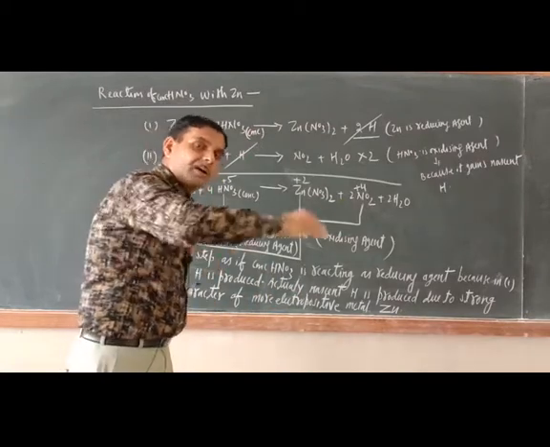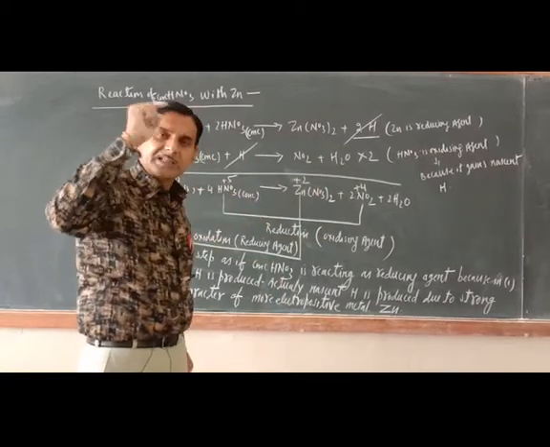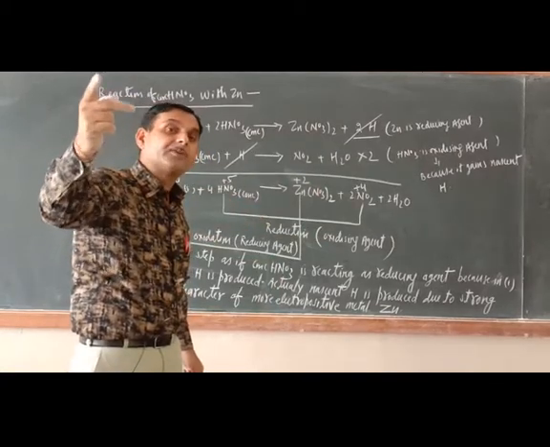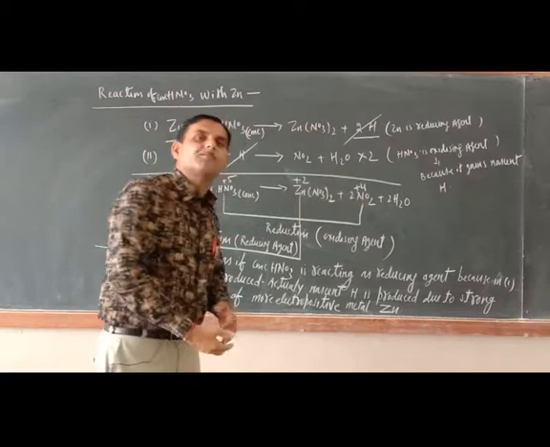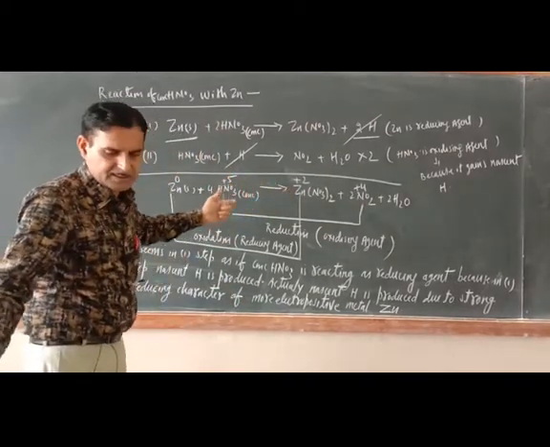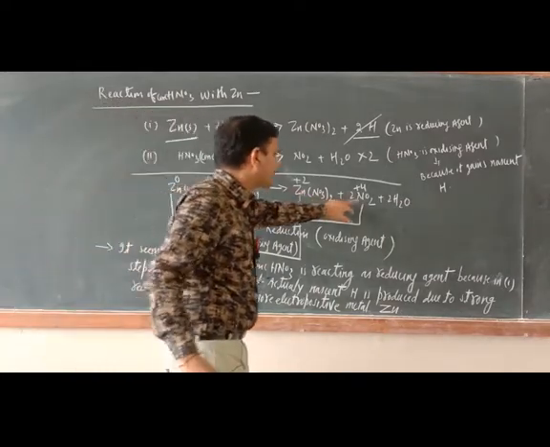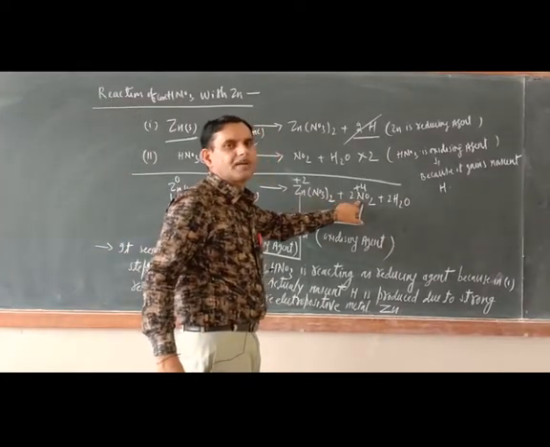As far as the order of extent of reduction is concerned, first one is NO2, second one is NO, third one is N2O. So the extent of reduction is more in case of dilute. That same reaction I will write here. Just see here. Now rest everything is the same, only this product will be different. N2O will come here.